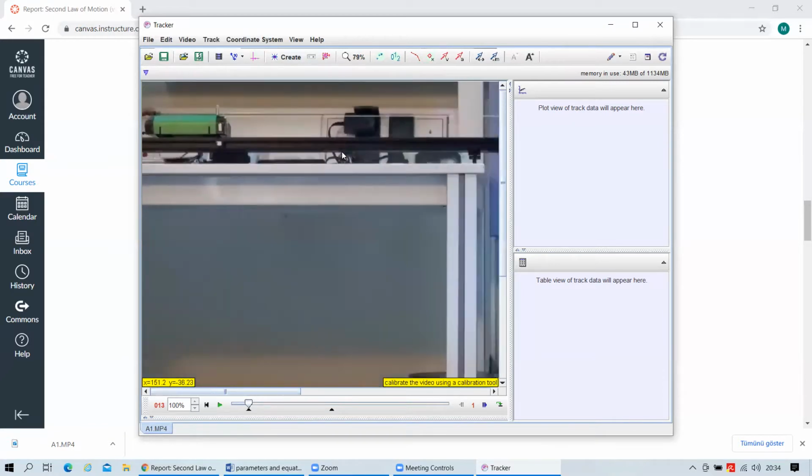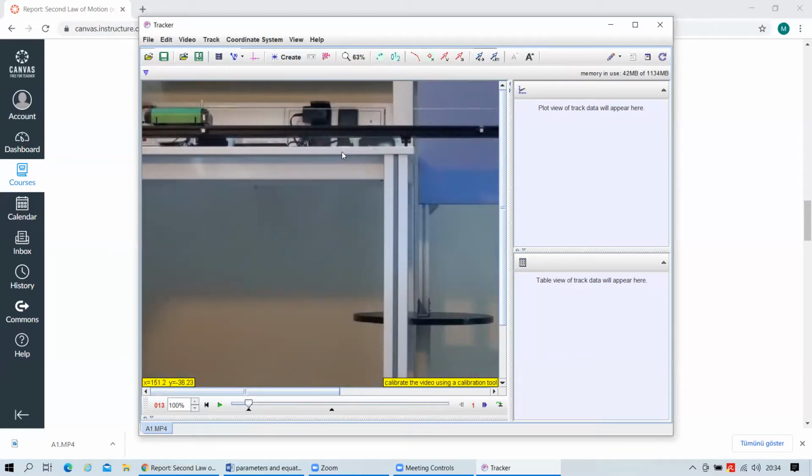The next thing is that we have to let the tracker know about the scale. On the rail, you see these two square white labels. And between these two square white labels, the distance is 70 centimeters. So we just set it up that this distance is going to be 70 centimeters, and we have to let the tracker know this. For this, just come over this button,